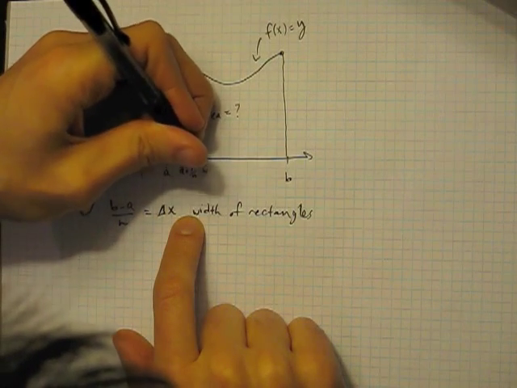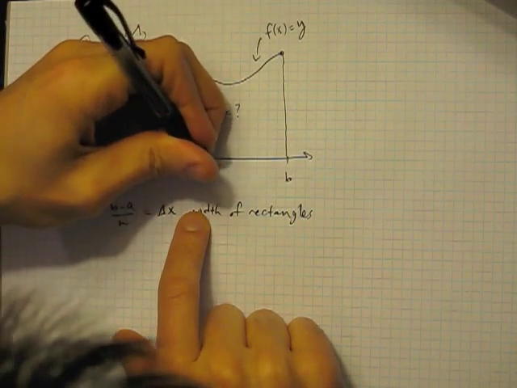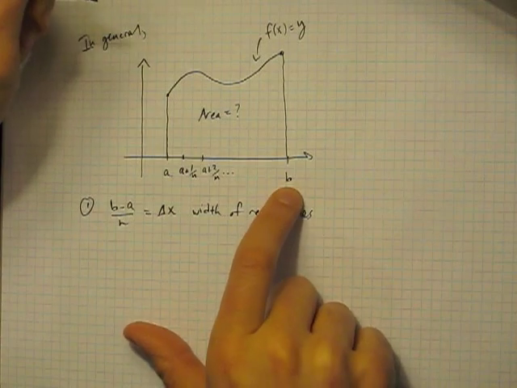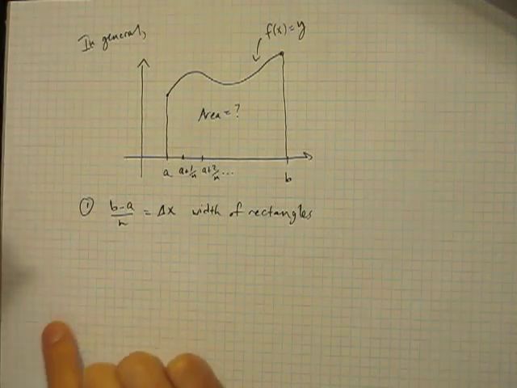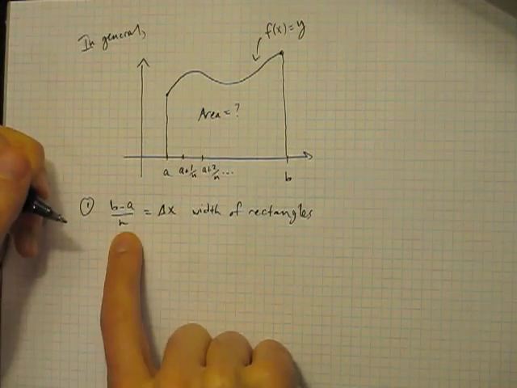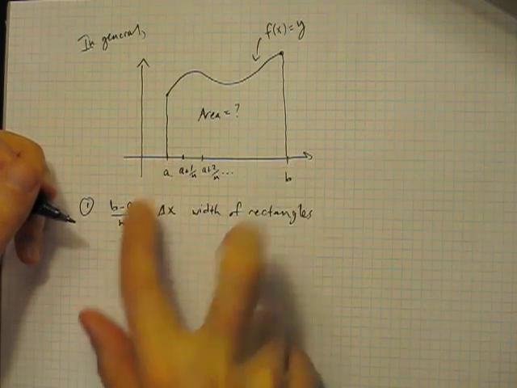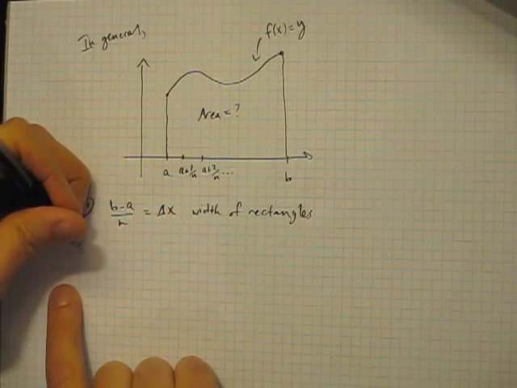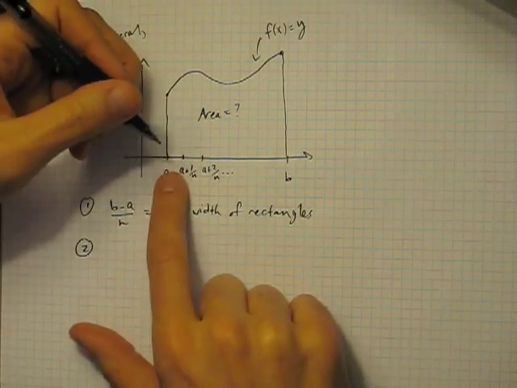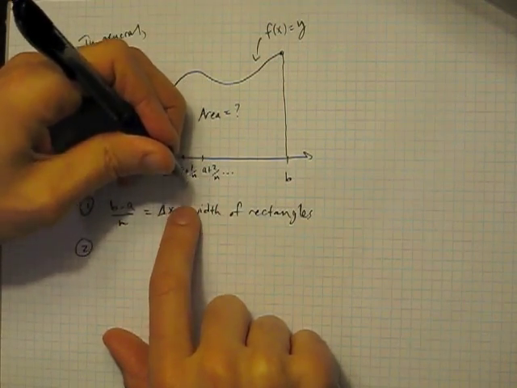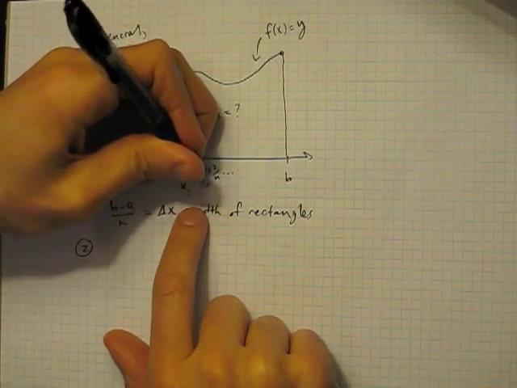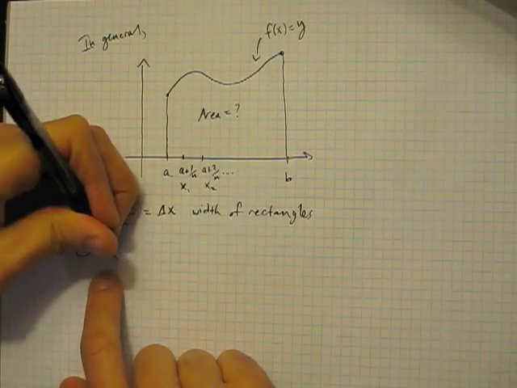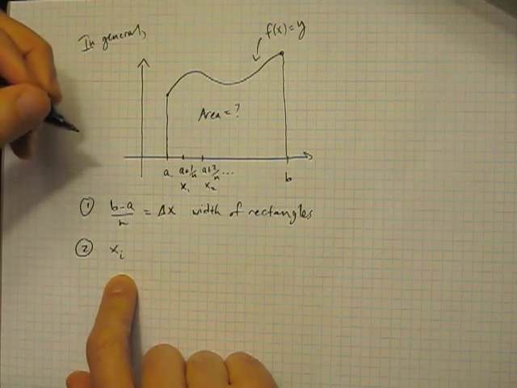The next one will be a plus 2 over n, and so on until we get to b. So we divide the interval from a to b into n pieces, and then we set up a system of points here. We'll call this one x1. We'll call this one x2. So xi is going to be